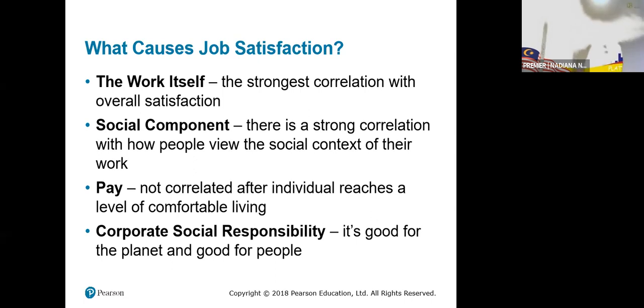Okay, number 2 is social competence. There is also a strong correlation with how people view the social contact of their work. How do they know it is strong? If they use correlation, association, or effect, they will have the correlation